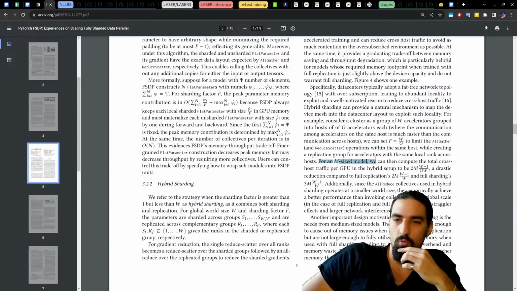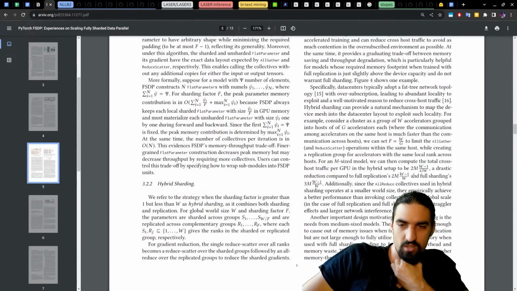Okay, for an M-size model, we can then compute the total cross-host traffic per GPU in the hybrid setup to be 2M times this ratio here, a drastic reduction compared to full replication, which is equal to this, and full sharding, which is equal to this.